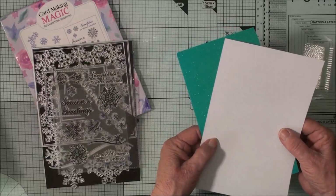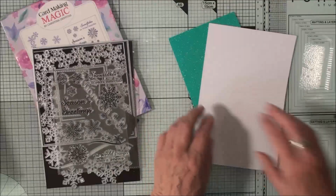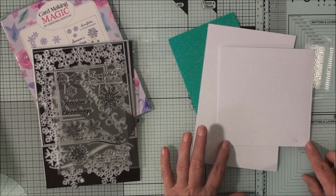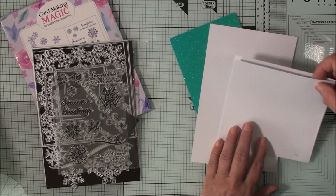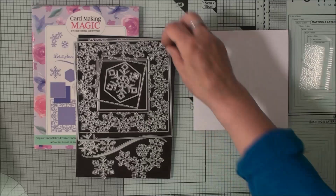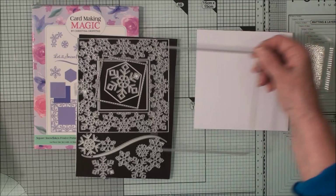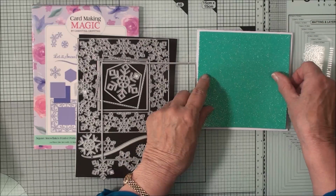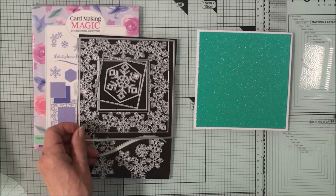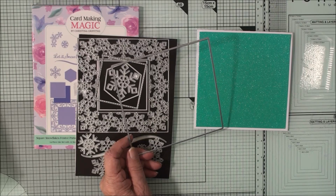So my colour scheme for today is teal and white, and this is a beautiful glitter card. I've also created a 6 by 6 inch square, and I'm going to keep the fold at the top. So I have my card base, and with the largest of the dies, just a plain square one, I cut a nice panel in the glitter card,